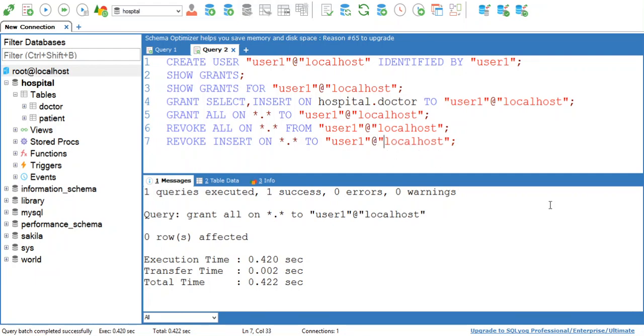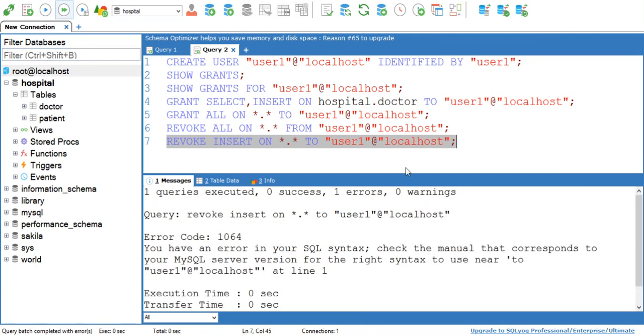See what I have done. I have given all the permissions to user1, which means user1 can access all databases and perform all operations. But now, by using the revoke command, I am revoking the insert operation from user1.